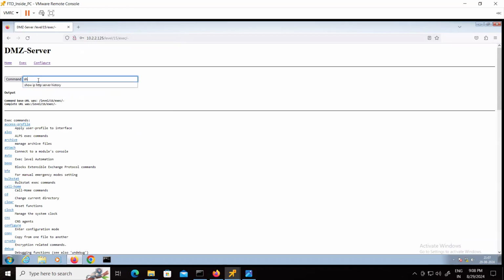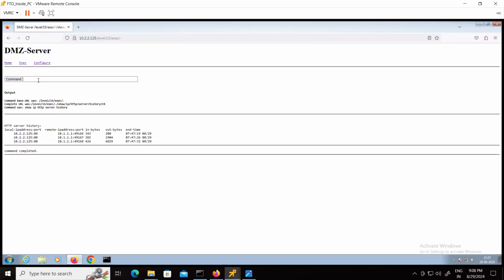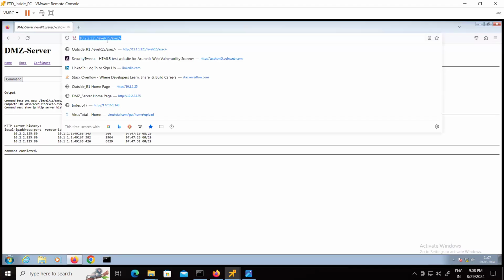And here we can say show IP HTTP server history command. And this command will give us that, okay, who is accessing? 10.1.1.1 is accessing right now. Okay. Same way we can go and check